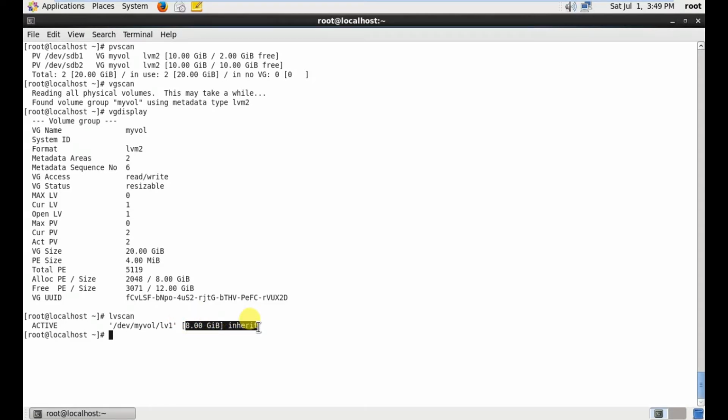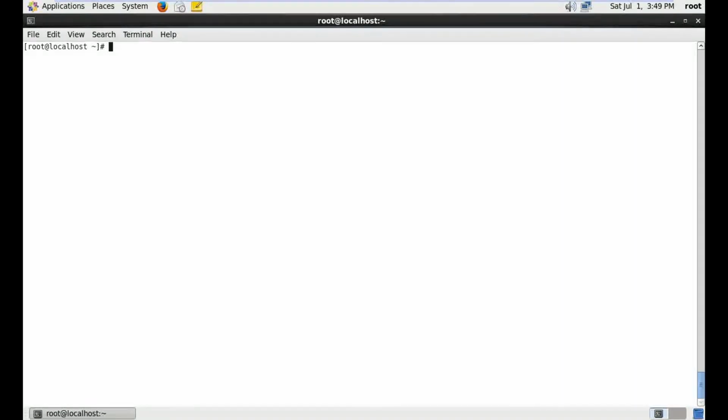Now the procedure for how we can reduce the partition. The command for reducing the partition is lvreduce. First of all, I am showing you how we can reduce the LV. So lvreduce is the command, and then you use the device name. Before running the reduce command, you have to unmount that particular partition. For the unmounting process, you have to use the command